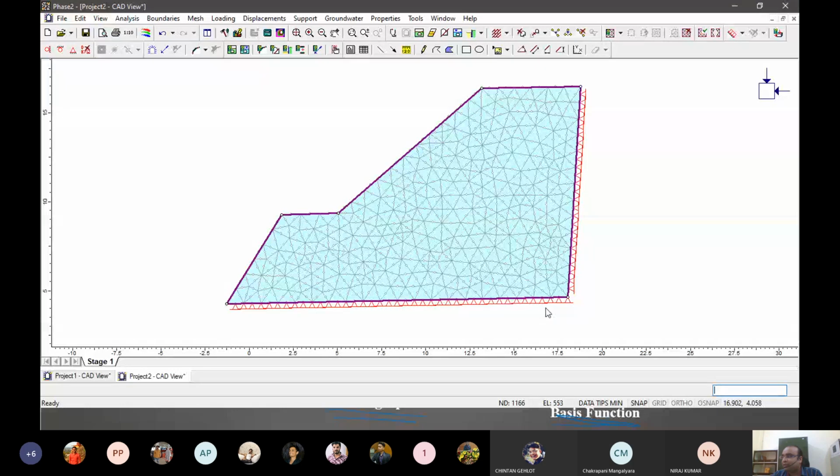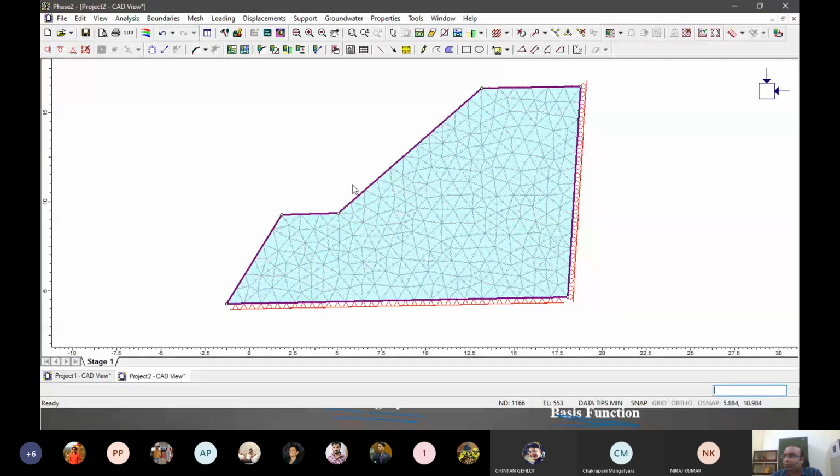So no X and Y direction. And this can be given a Y direction allowance, so restrained in only X direction. So you can see the rollers are there. Rollers basically represent how it can move in this direction, but not in the X direction. So X direction is restricted, Y direction is allowed. So this kind of boundary conditions we can give.